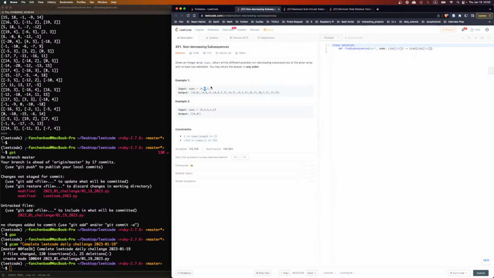I mean, the length is 15, so maybe it'll be just easier if we use a set, so we can avoid all this headache. Or maybe not. Is that the only thing that will have a duplicate? Yeah, I think that's the only thing that will have a duplicate, because